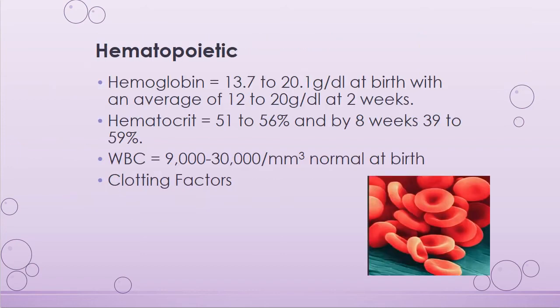Hematopoietic: the hemoglobin is 13.7 to 20.1, with an average of 12 to 20 at 2 weeks. Hematocrit 51 to 56, and at 8 weeks you're going to see it 39 to 59. Iron stores last approximately 5 months, so brief anemia is not too serious,